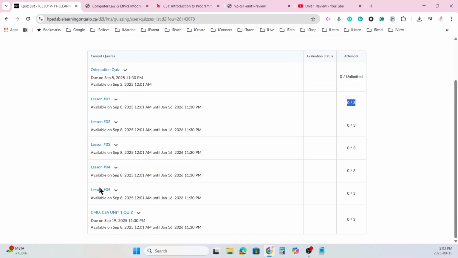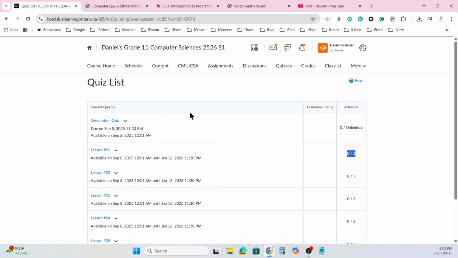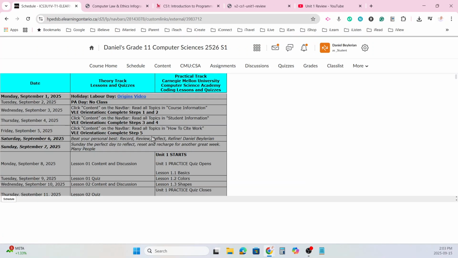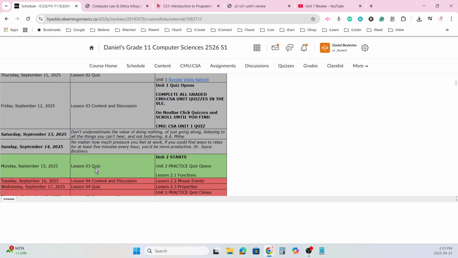There are also some quizzes from the future just in case they're working up ahead, and here is their Unit 1 quiz on the practical side. All quizzes are in this quiz center. When we go back to the schedule, you'll realize that on the theory side, this quiz is based on this content and this discussion. So if we click on content,